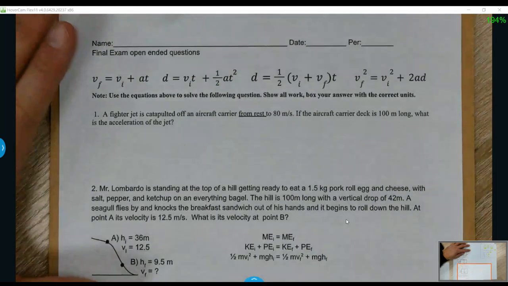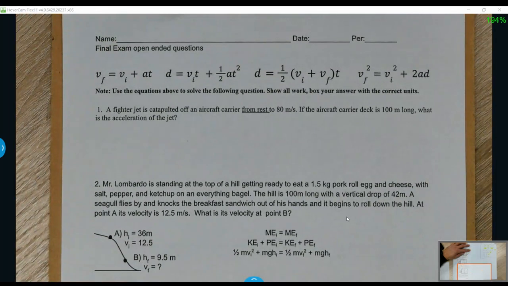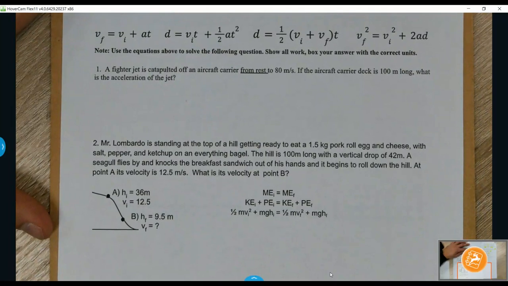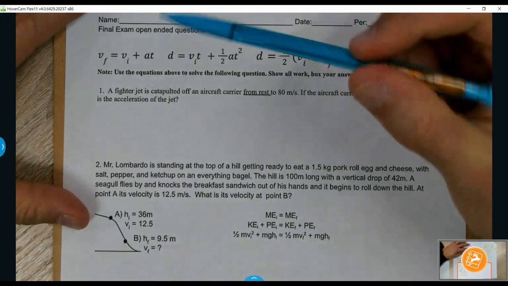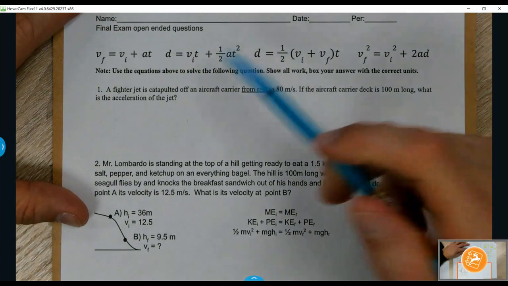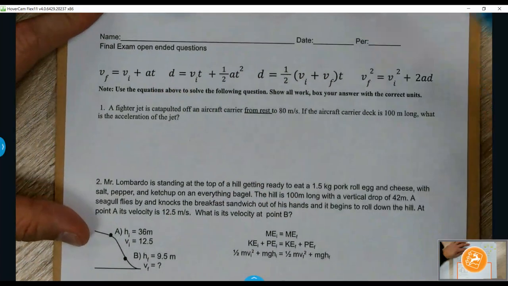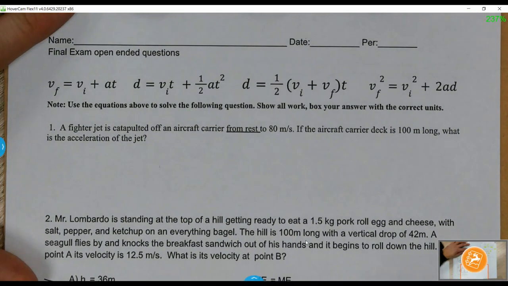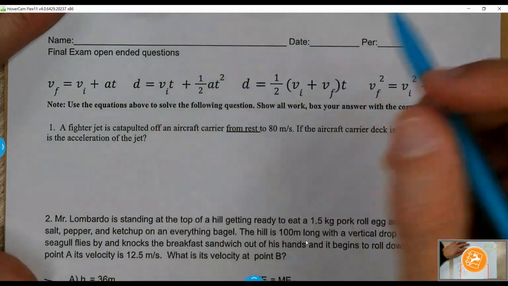So we have basically our final exam, open-ended questions. You're going to get these questions, or extremely similar ones, just with different numbers. So you have your four kinematic equations, and one of these equations is going to be used in this problem. First thing that we need to do in pretty much most of our problems is figure out our given